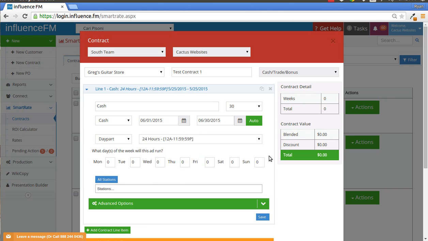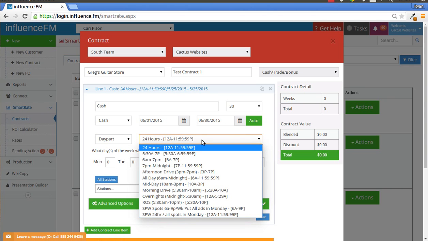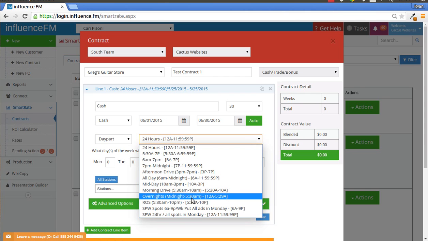This is probably what you're going to choose 95% of the time. Now these day parts are customized. They're completely customizable, and they depend radio station to radio station. These are the ones that are in our radio station. Our software division is run out of a radio station that's called Murphy Broadcasting. So these are ours. So I'm going to say, okay, I want the morning drive,